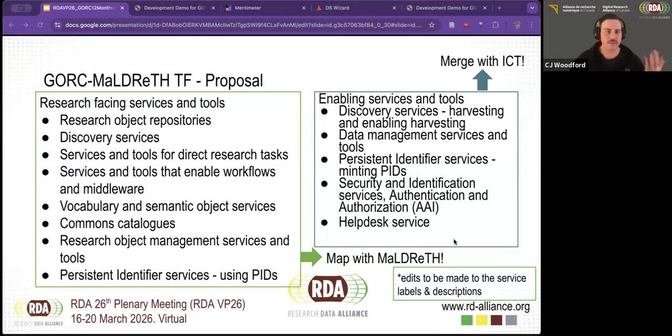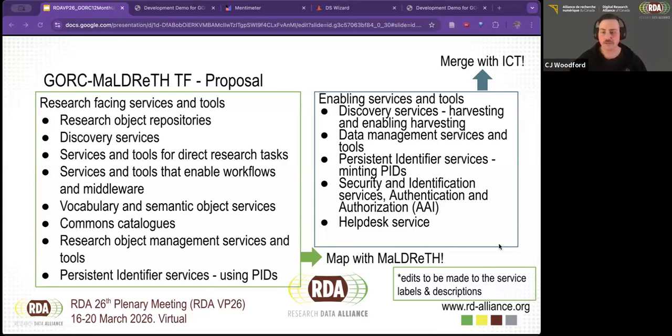And I think this might be getting to some of the points that Francois made around some things being handled both as an enabling service as well as a research-facing service, and that Hervé had, as we don't want to leave out repository practitioners or research practitioners either, because that's sort of that gray area where you might have people doing a little bit of both.